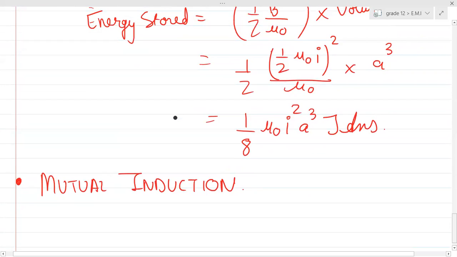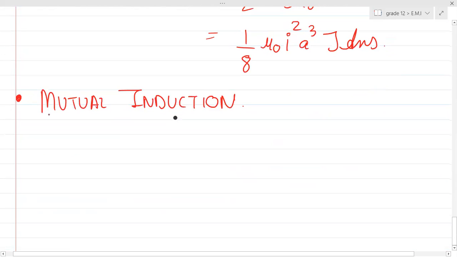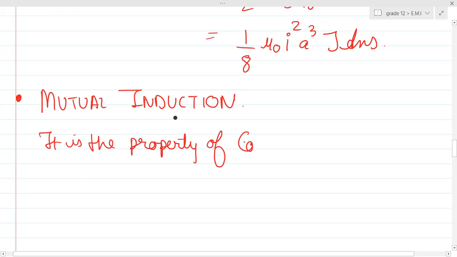Okay. So what do you mean by mutual induction? Obviously the name includes mutual, so it's not like only a single entity will be doing things, right? So always remember what is mutual induction. It is the property of a pair of coils,